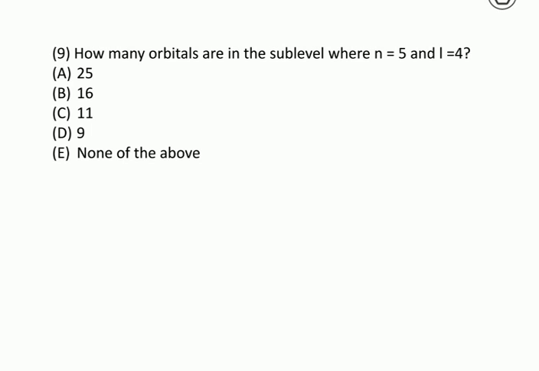Now, another way to do this is to write out all possible values of the quantum numbers, but that can take a while, especially for this one where we have a pretty large value of n and L. We would be writing quantum numbers for a long time, and it'd be easy to miss one. So I suggest that you familiarize yourself with these very simple equations that I'll show you and allow you to do that. So if you're given n and L,